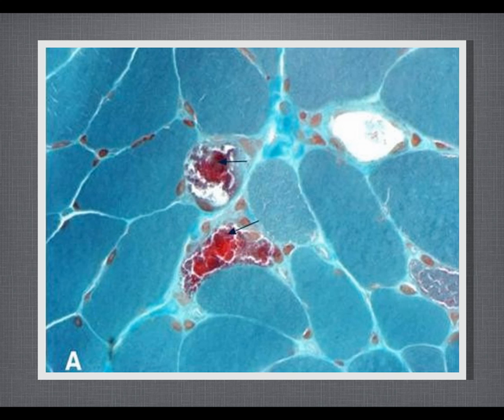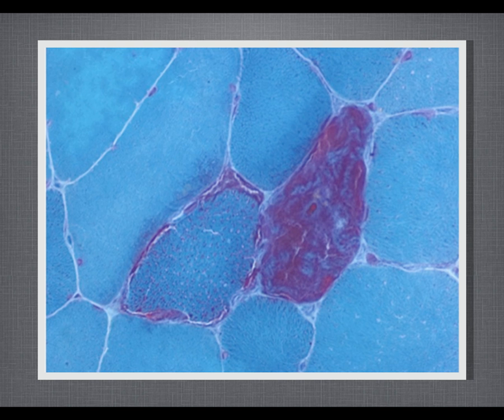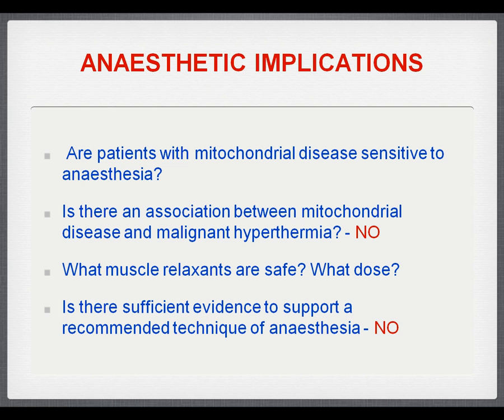So this is an illustration of those ragged red fibres, and it's related to, in the myofibrils, that there's proliferation of the mitochondria and abnormal mitochondria at some specific stain that shows up in this dramatic way, and that's a closer image of it. And they do talk about, I won't talk about that yet, it's anaesthetic, that there are different techniques that can affect the diagnosis on the muscle biopsy, but I'll go into that now.